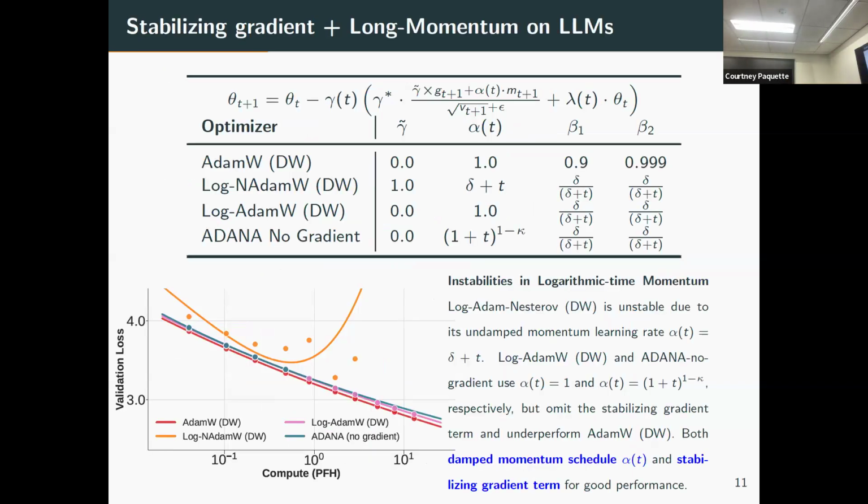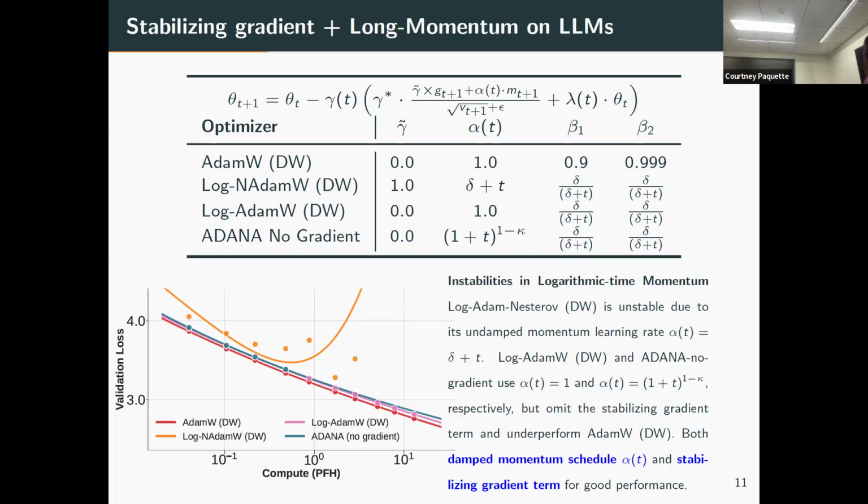So why does it matter? This is on real LLMs using Adam. Just to give you a sense of this, Nesterov needs both of these two terms. It needs the gradient term and it needs the momentum term. You can't kill off one and have it be a stable algorithm. It just doesn't work. It needs the two, okay? And you can kind of see things like this. For various reasons with Adam, you can play around with different things. It actually does worse if you kill off various terms than just doing normal Adam.